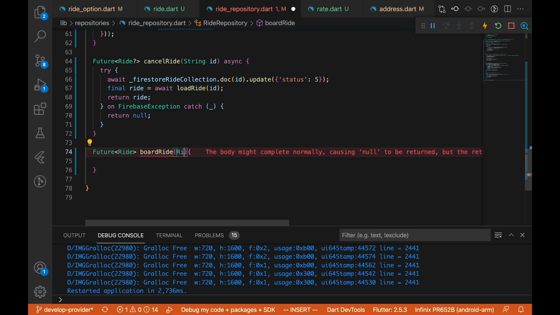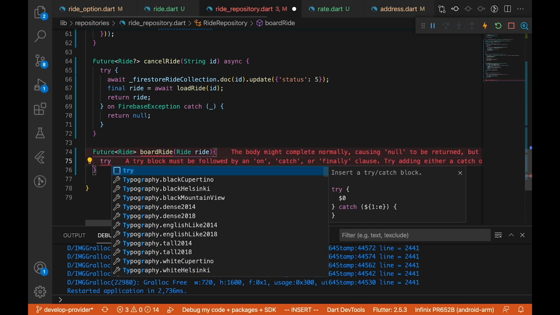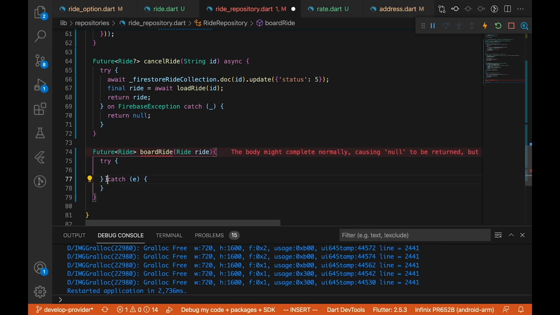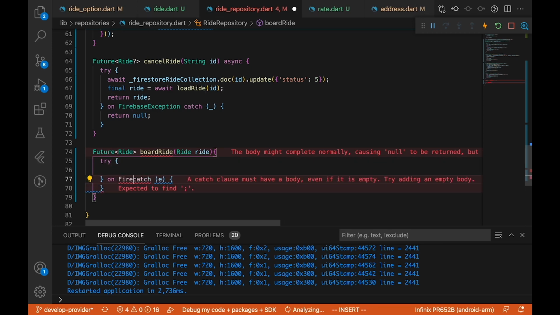It's going to collect, it's going to get a ride. So we are going to pass in ride from the state class, and we get that here. So we're going to call try and catch on Firebase exception, sorry, and we are going to have